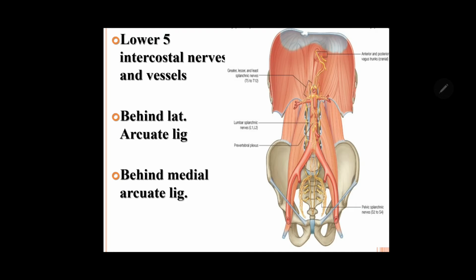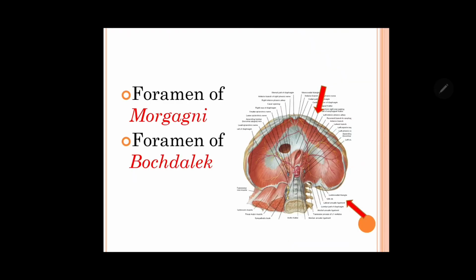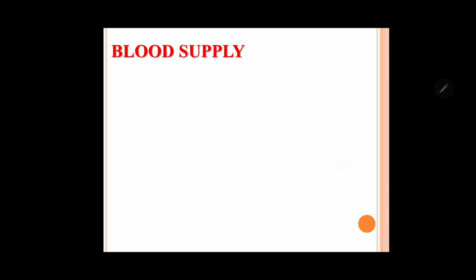And behind the lateral arcuate ligament, some structures will pass, the subcostal vessels and so on, and behind the medial ligament, the sympathetic trunk. And what is the foramen of Morgagni? The enlarged Larrey space between the sternal and costal origin is called the foramen of Morgagni. The foramen of Bochdalek is the pathological opening due to deficiency in the development of the pleuroperitoneal fold. So here there will be a deficiency in the diaphragm, so that the abdominal contents will herniate into the thorax, causing